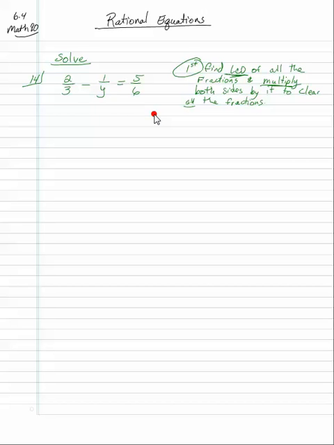So what's the LCD for 3y and 6? That would be 6y. And what you're going to do is multiply both sides by the LCD. Just like we did in the last section, you're going to distribute that, and it's going to go to the top of any fraction. So we're going to get 2 times 6y over 3 minus 1 times 6y over y, 5 times 6y over